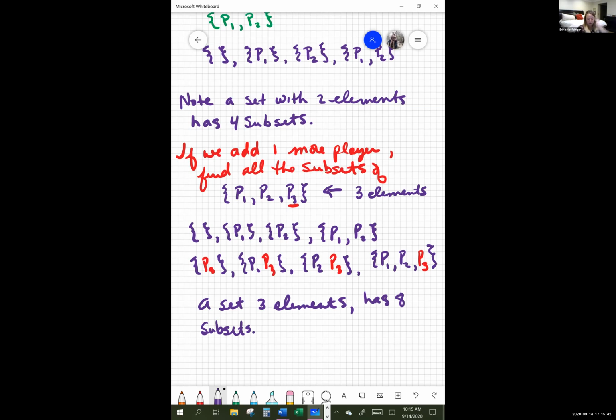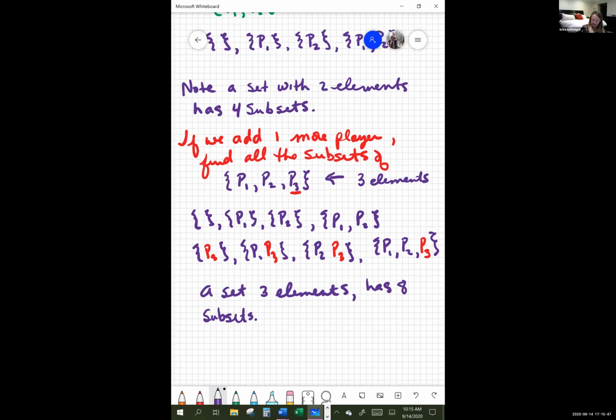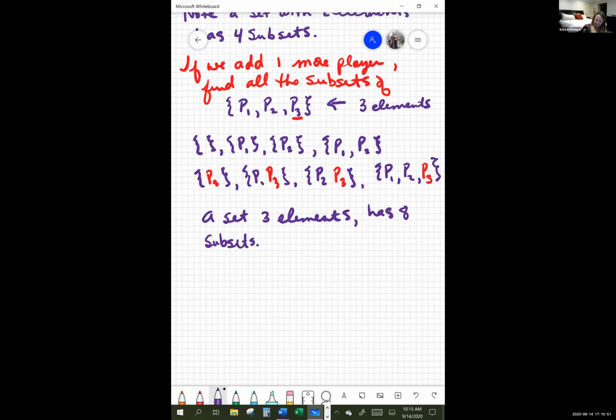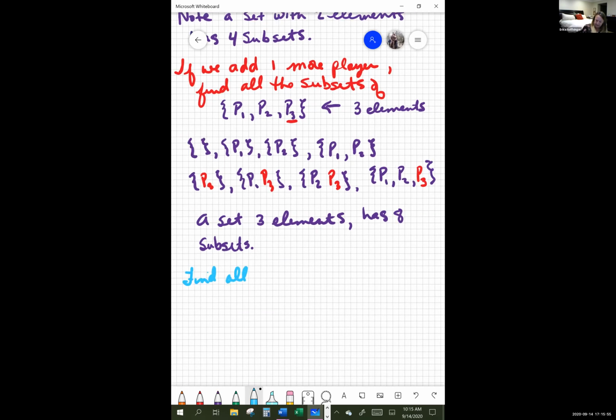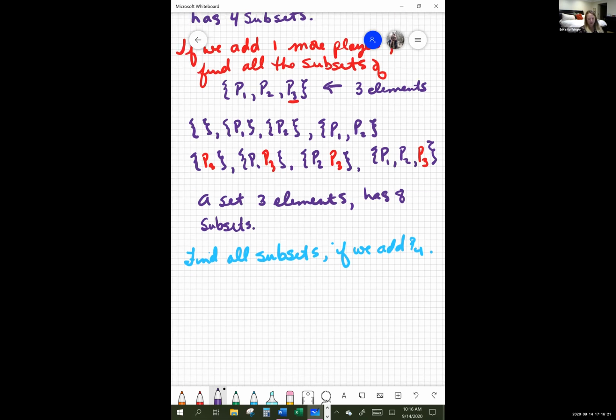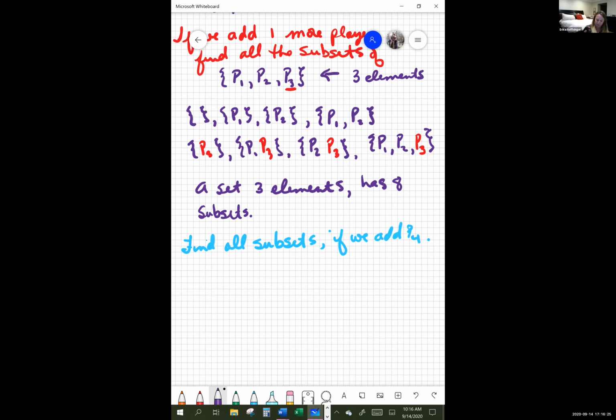Notice if I continue in this order, so let's say now you want to find all the subsets that occur if I add 1 extra player. So find all subsets if we add player 4. Well, that would include all the sets that we had with just these 3 elements, player 1, player 2, and player 3. And then we can find the other additional ones by plugging in player 4 into the ones that didn't include player 4. So we could list again all the 8 we just found before. The empty set, player 1, just player 2,